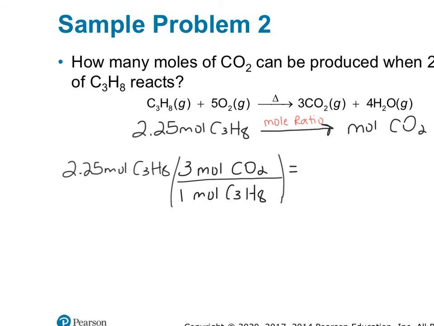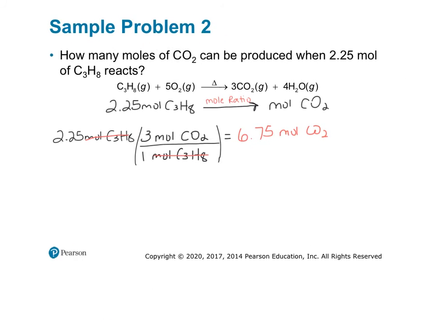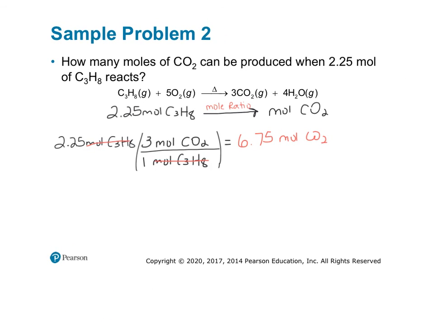Then looking at my units, moles of C3H8 can cancel. I'm going to take 2.25 times 3, divide by 1, and I come up with 6.75 moles CO2. So that's how you do